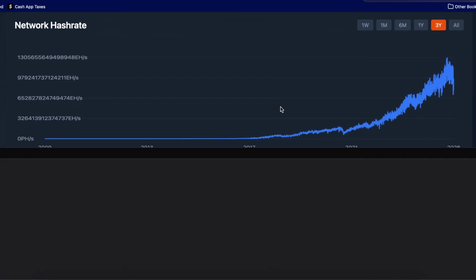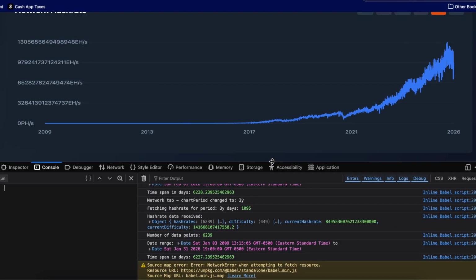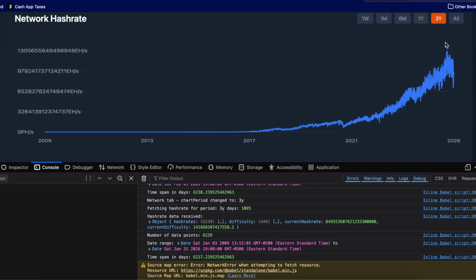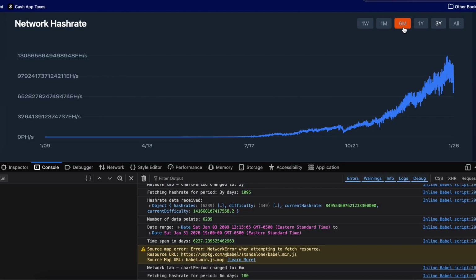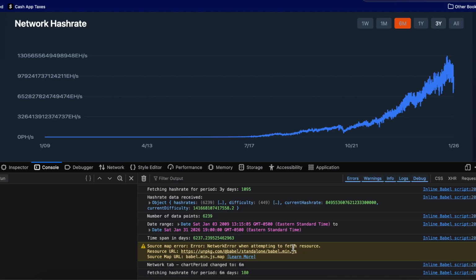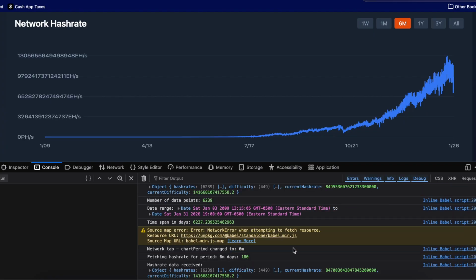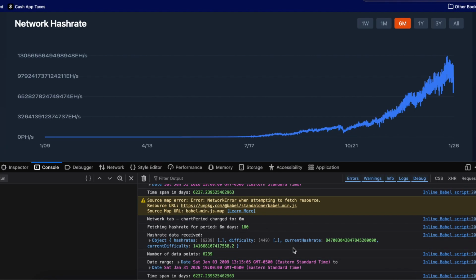So this is just my browser console that tells me exactly what's happening. Okay, so let's try to just go to 6 months and see if anything populates down here. 6 months. Okay, so